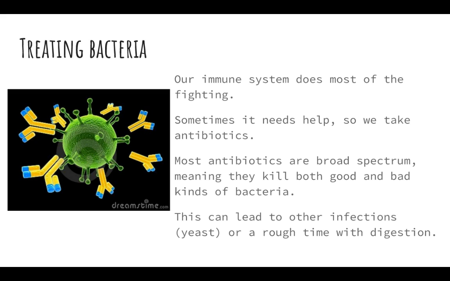our immune system does most of the work for fighting bacteria. So if we have too much of the bad bacteria in our body, our immune system will try to take care of it with our antibodies. But sometimes it's just not enough, so we take some antibiotics. Most of the antibiotics that we take are broad-spectrum antibiotics, which means that they kill both the good and bad kinds of bacteria. It's not easy to make an antibiotic drug that attacks only one type of bacteria. The broad-spectrum antibiotics just go after anything that doesn't have a nucleus, basically.